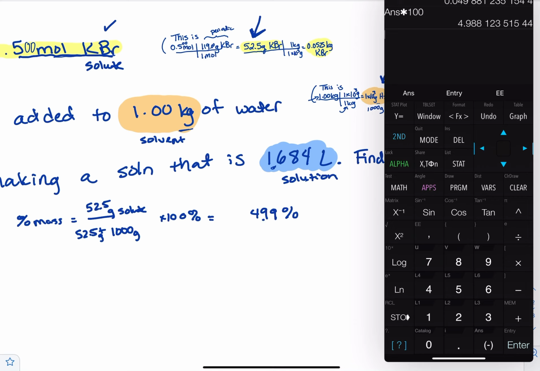All right, now if you had to say both, let's say they asked you for the solvent percent mass and the solute percent mass, that's easy because there's only solute and solvent in it, so they should add up to 100. So just 100 minus the 4.99, and that should be 95.01. Nope, 96. 95. Sorry, I'm double checking my math here. Percent. So that's how much water, if they'd wanted to know the percent mass of water, that's that one. If they want to know the percent mass of the KBr, that's that one. So it's not too hard to get between them. Or let's say you accidentally solve for water and then you go back, read the problem, and realize it said percent solute. It's really easy to get to it.